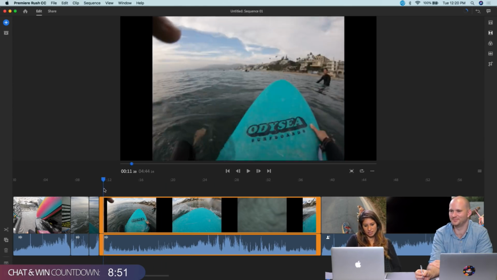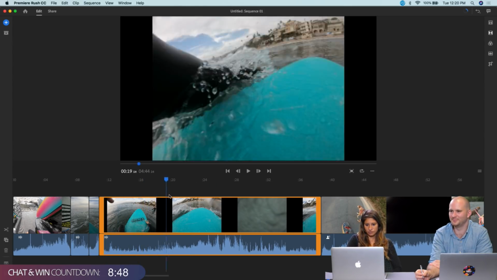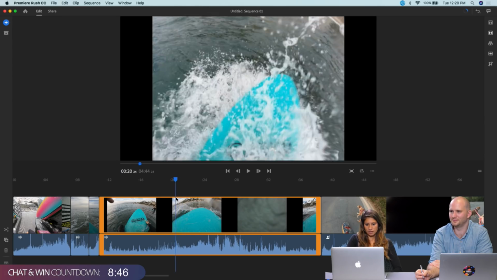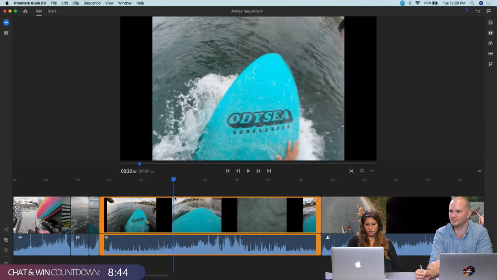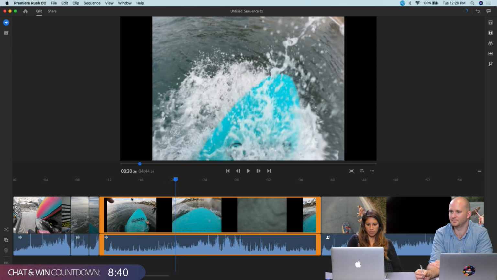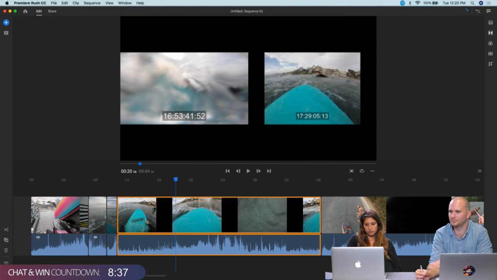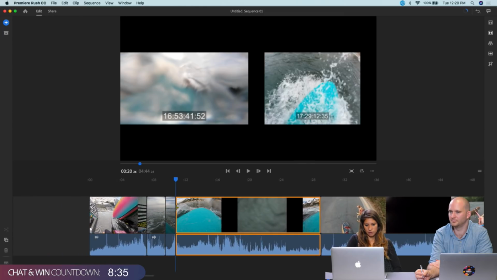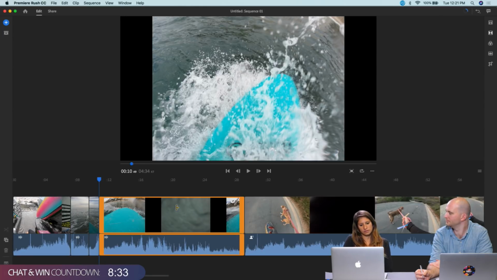So this is exactly the time that you would use that transition tool I mentioned earlier. And I can bring the cursor here right to where the water splashes, kind of like right there. And we can tweak that up a little bit later. And it's cool because it'll let you drag that right to that mouse. And it kind of locks it and clicks it in place. Makes it nice and easy. The great thing about Rush is, especially when you're editing quick projects, this is one of those tools that's just like boom, boom, boom. It knows where you kind of want to be, and it allows you to just keep moving. You're also doing it all with a trackpad, which,